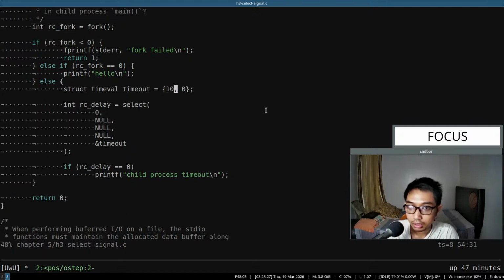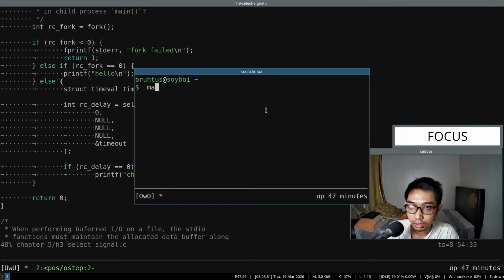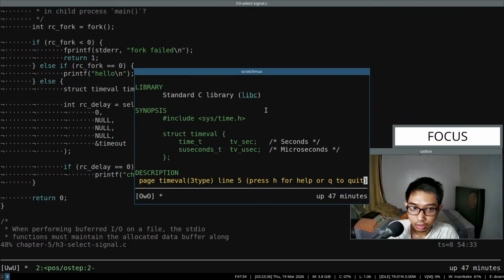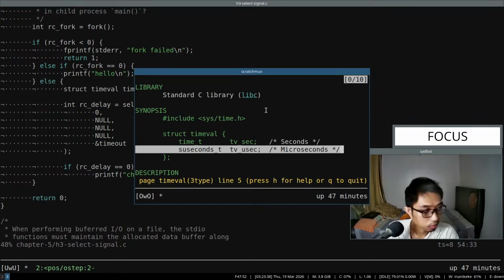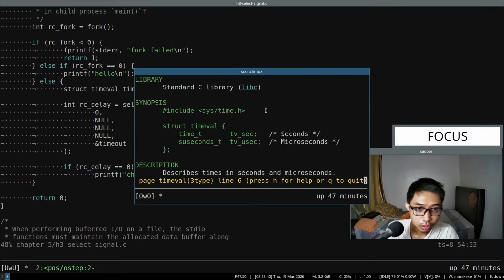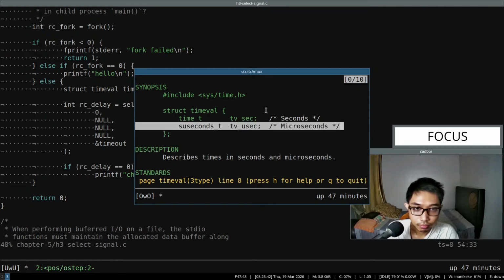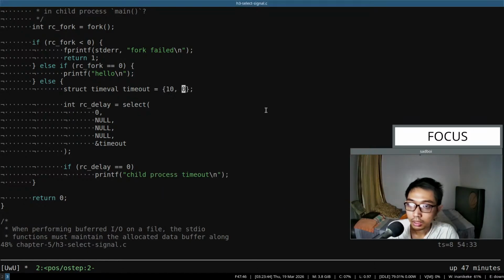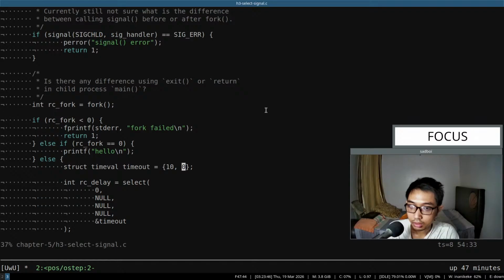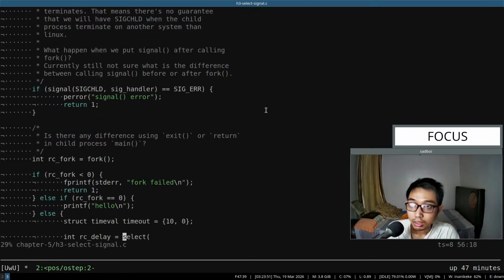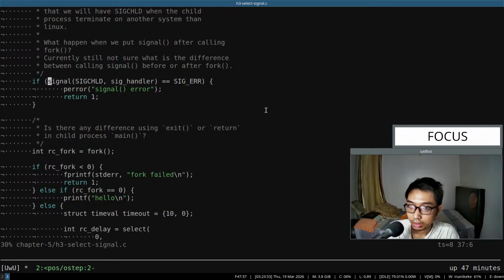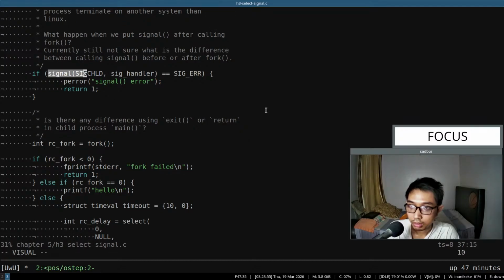This is second and this is microsecond. Again, you can take a look at the manual page. Here, the second one is microsecond. Okay, there is that. You use select to block the parent process for the timeout, and then, well,